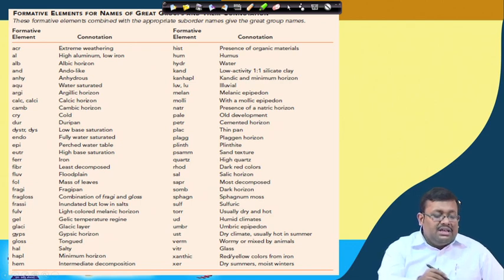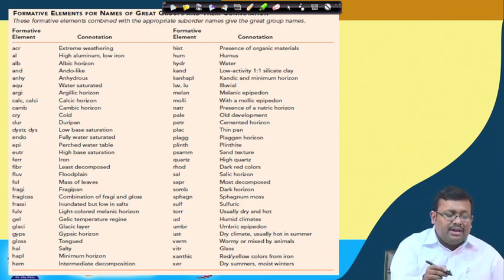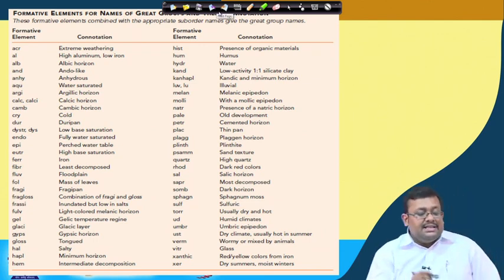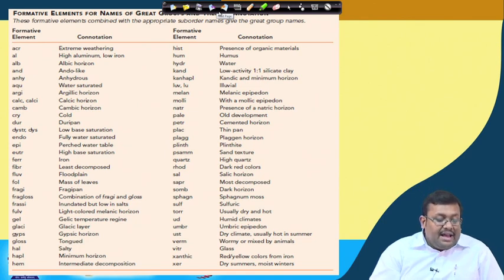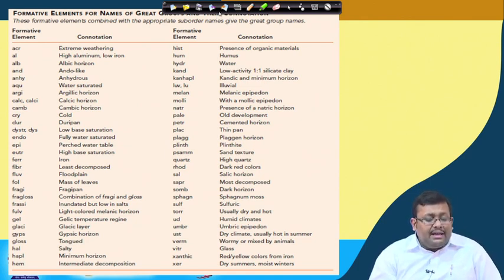This table shows the different formative elements and their connotation. For example, ACR shows extreme weathering, and AL shows high aluminum and low iron. SULF shows the presence of a sulfuric horizon, and PLAGG shows the plaggen horizon.